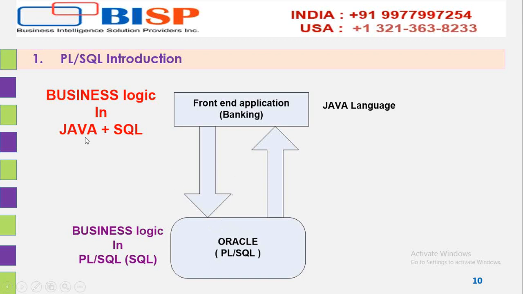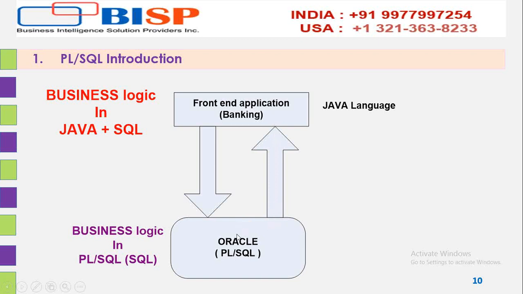Okay. So if the application is written in Java, with all the business rules, imagine how many connections will happen per day. How many users go to the bank for a withdrawal or a cash deposit, how many loan transactions will happen, how many savings account transactions, like credit and debit, and similarly current accounts. There will be huge network traffic between the front-end application and the back-end,